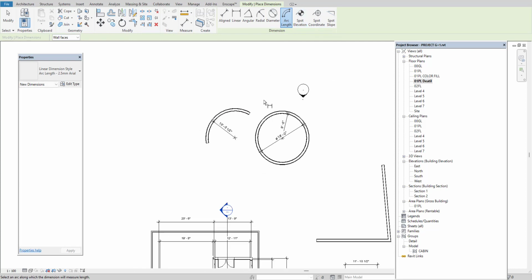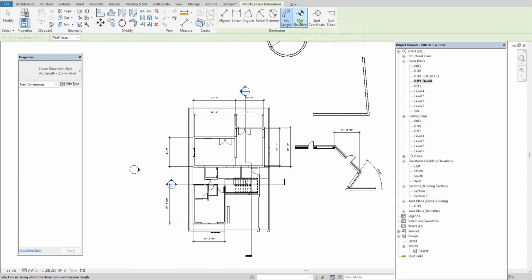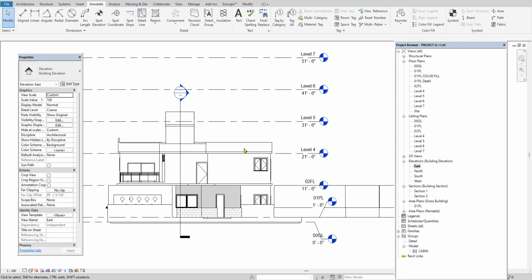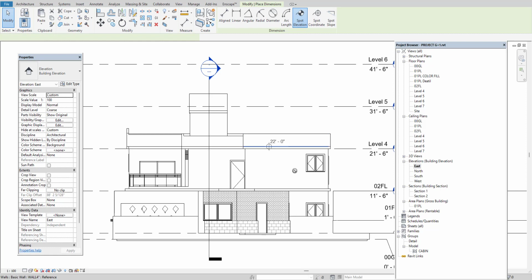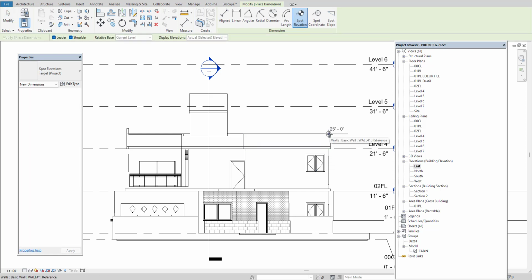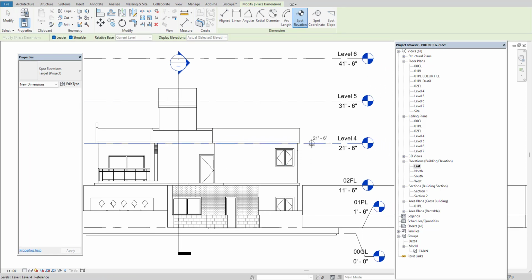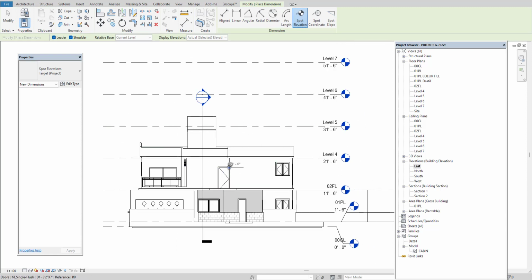Next is spot elevation. Spot elevation means you just take the spot elevation command and then you have to click on any spot. Before that, in the elevation, I want to show the spot elevation. You can go to the elevation and then take that spot elevation option. Just pick it. So here you are getting the particular height. This is 21 feet 6 inch, 11 feet 6 inch, and this is 16 feet, and this is 8 feet. That way, to get any information of the spot, you can give the spot elevation.